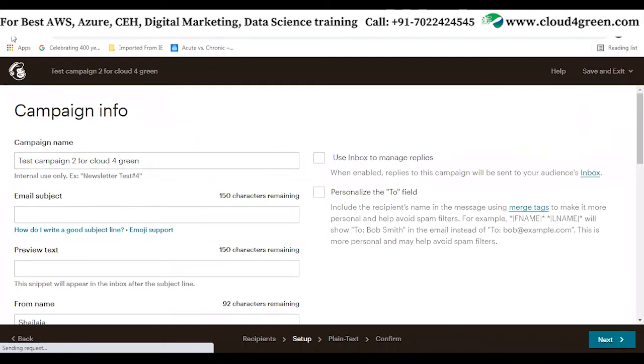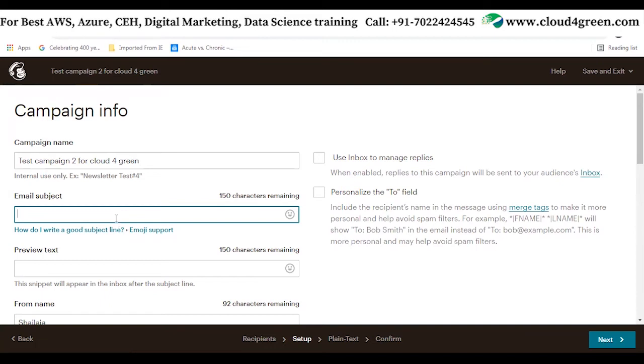This is the campaign details. You can see the email subject. This is limited to 150 characters. If a user sees the subject line, they'll decide whether to open the mail or not, so the subject line should be very attractive to the user.